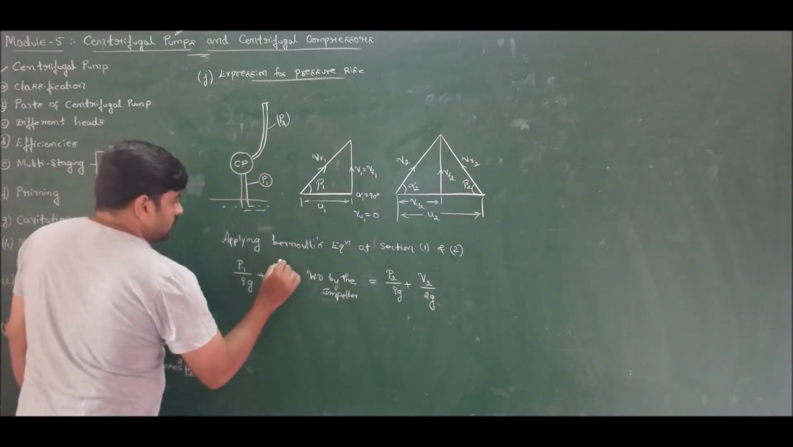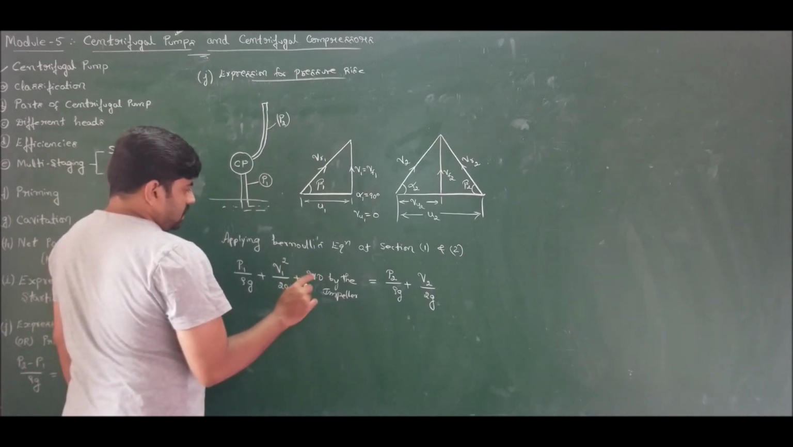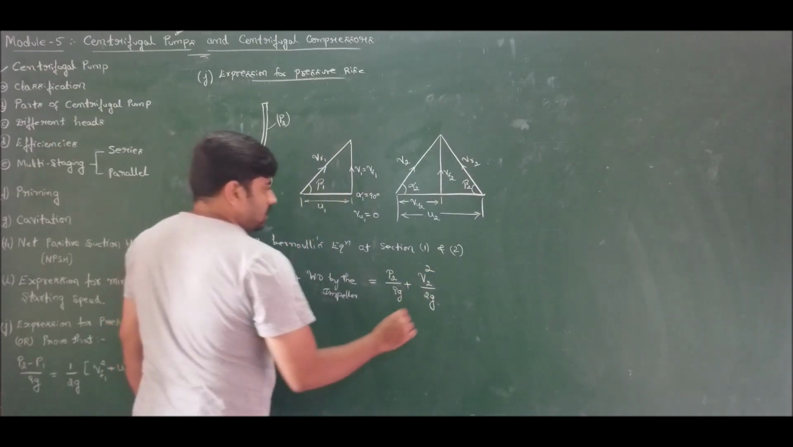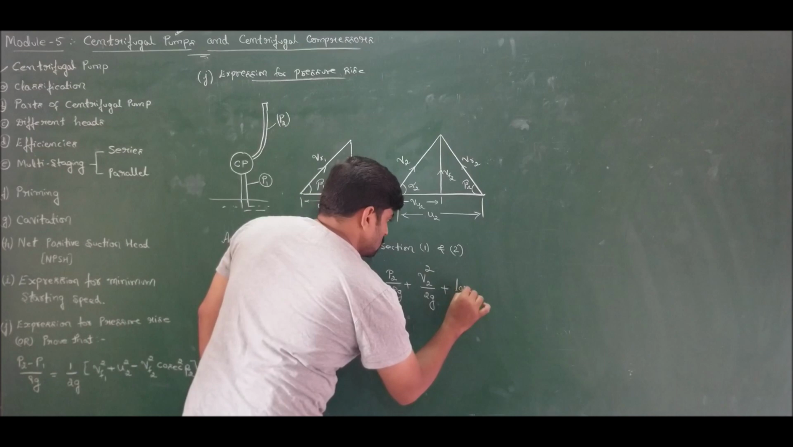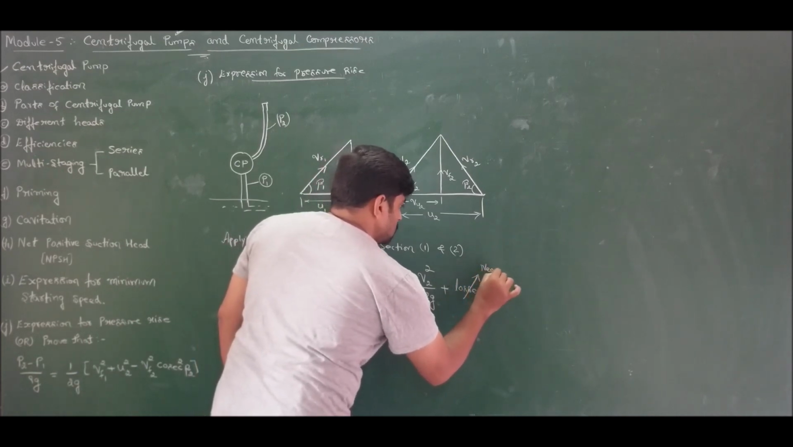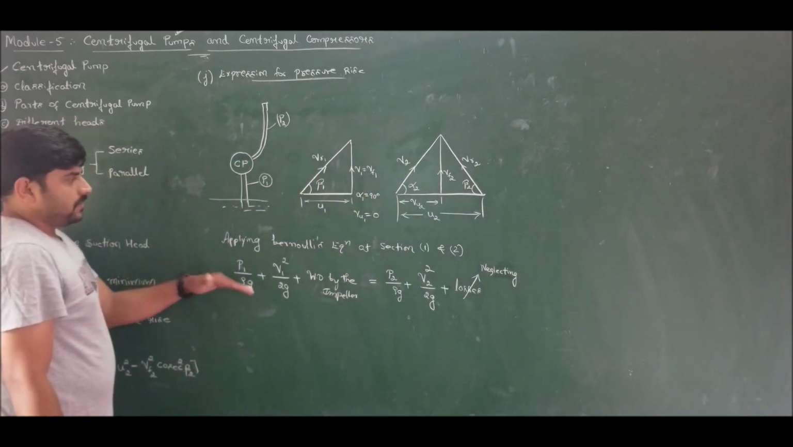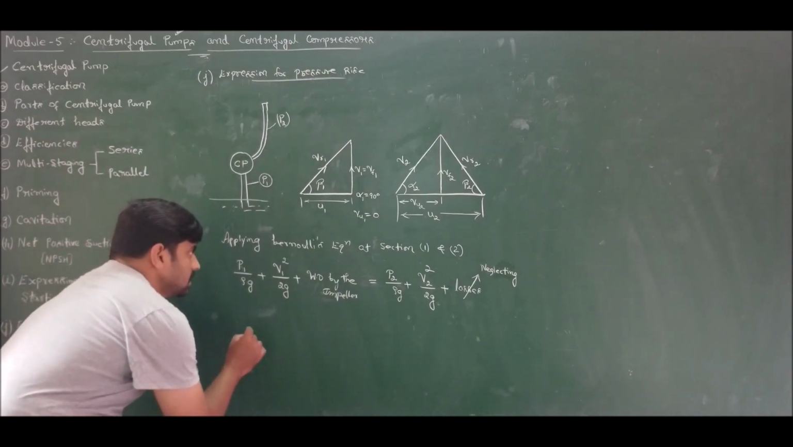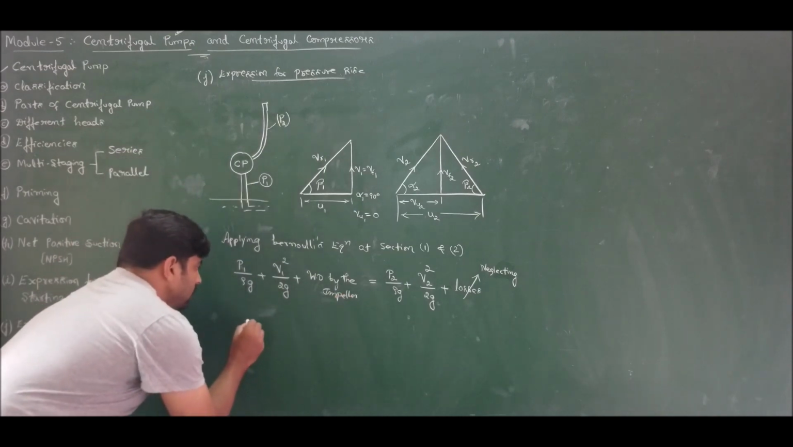So it is V1 square by 2g, since V is equal to root 2gH, so H is equal to V square by 2g, correct. So plus, I should take the loss, let me neglect the loss. So neglecting the losses, we have this expression. Now substitute and rearrange for the pressure rise. So P2 will be greater and P1 will be lesser. So therefore, if I rearrange, I will get